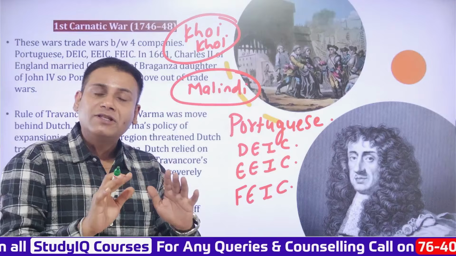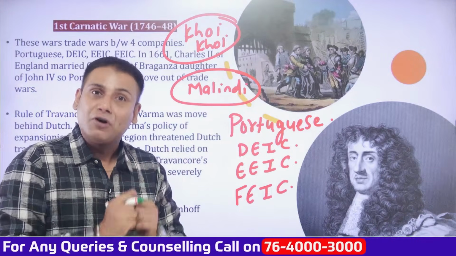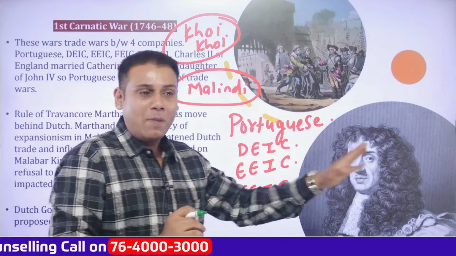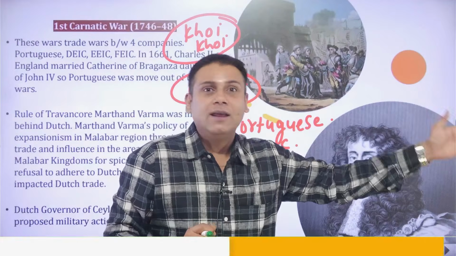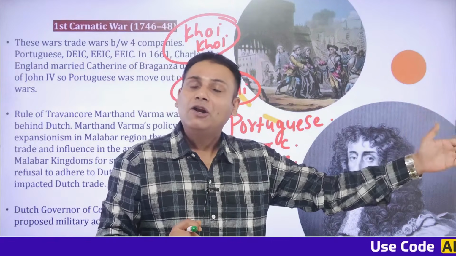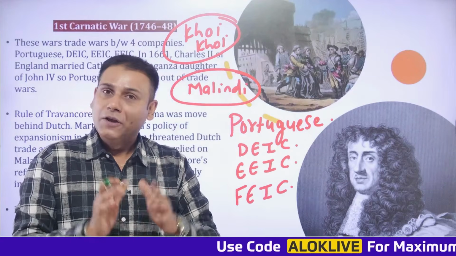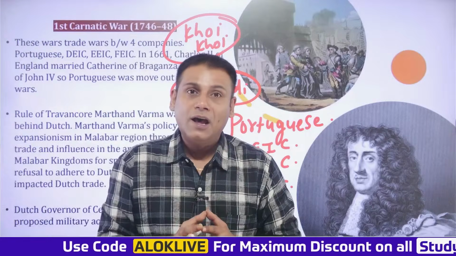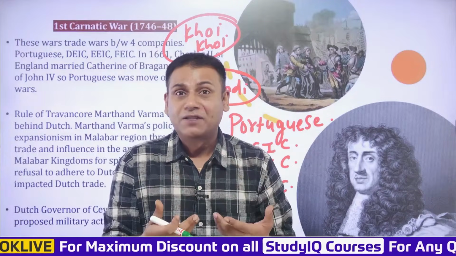And when he reaches the town of Malindi, he meets a local Gujarati merchant whose name was Abdul Majid. And Abdul Majid showed him the direction towards India. And finally, Vasco da Gama landed on the coast of Calicut in 1498. And here, precisely speaking, this region was being ruled by an Iradi dynasty ruler referred to as Samutri, also referred to as